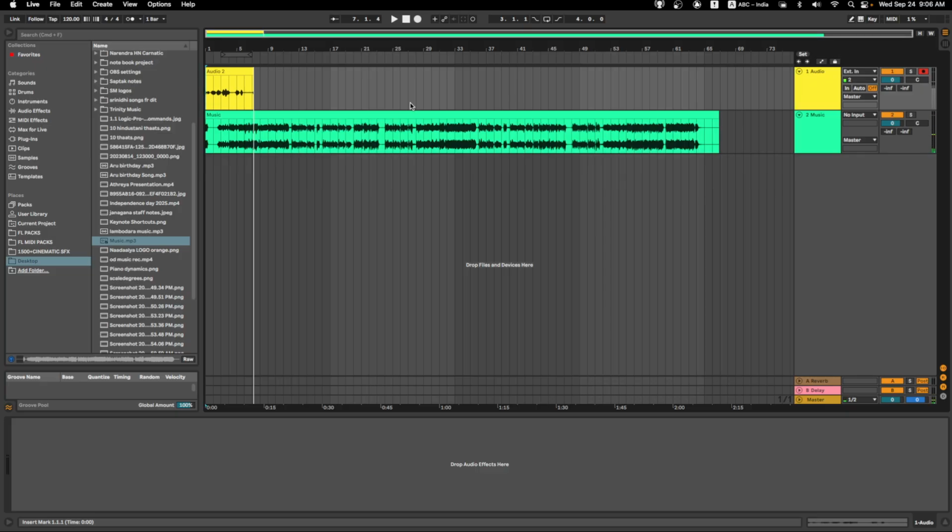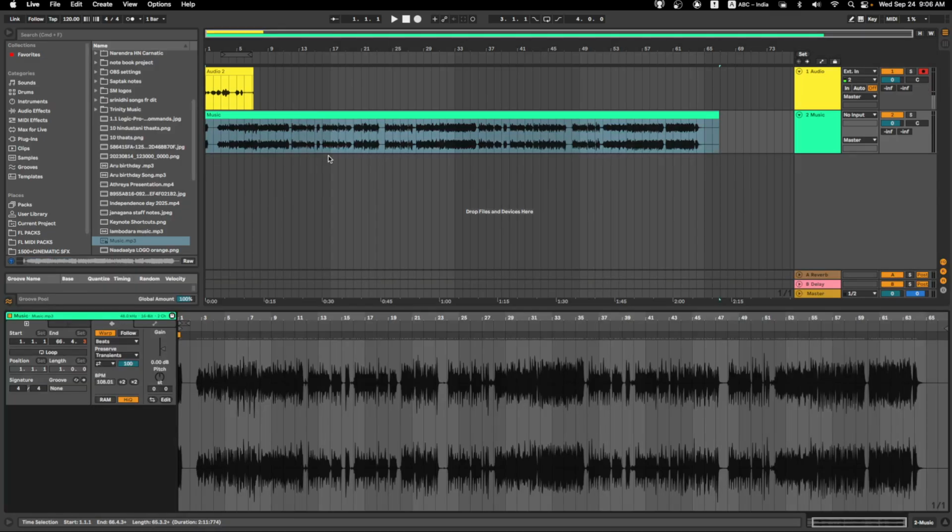And one more important thing, when you have imported your track here, you should understand that it's in the right tempo. So here, if you don't have the right tempo, it's running fast, but my original signal, if you listen to, this is totally different tempo. 1 2 3 4, that is in the tempo. So to do that, I have to either set the tempo here, otherwise do one thing,